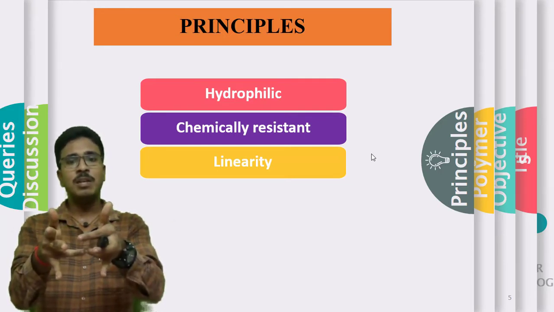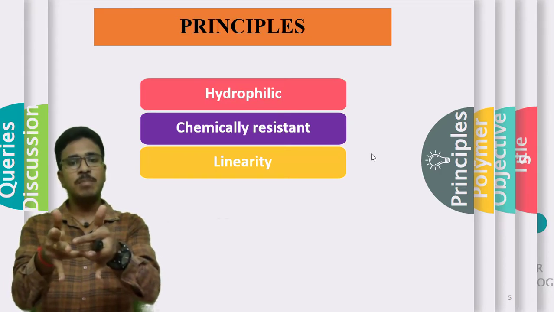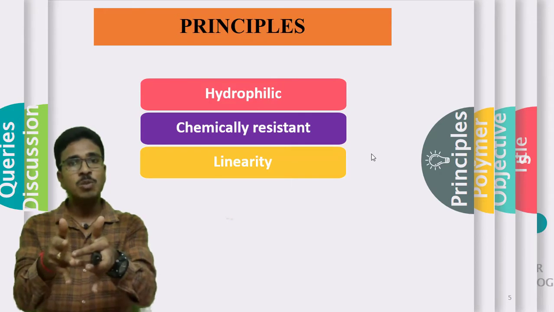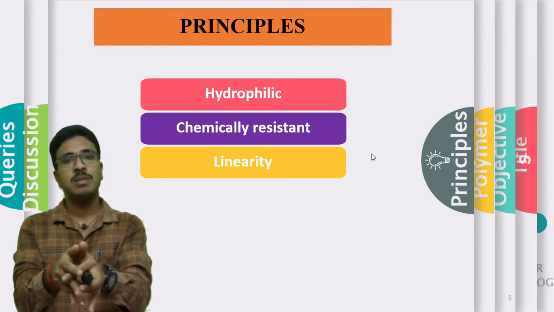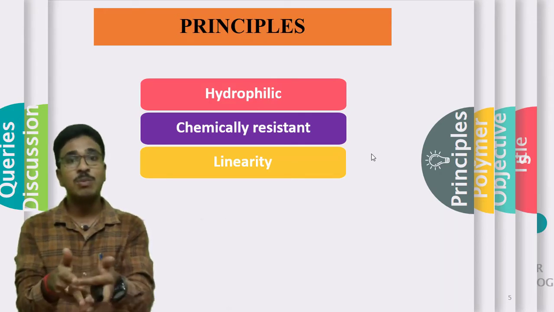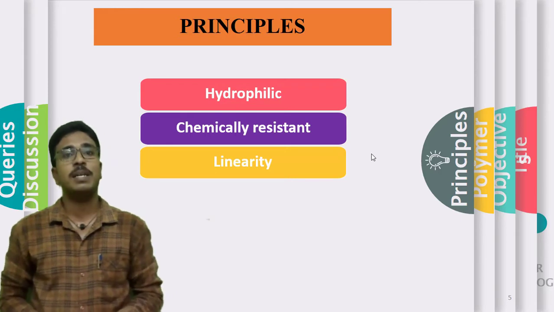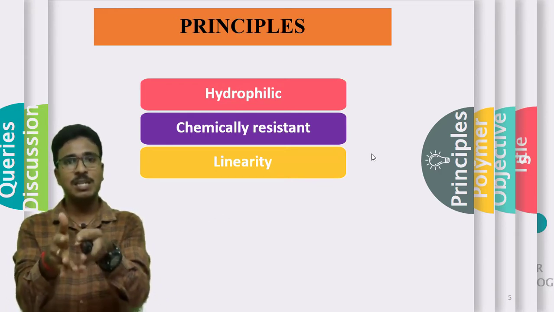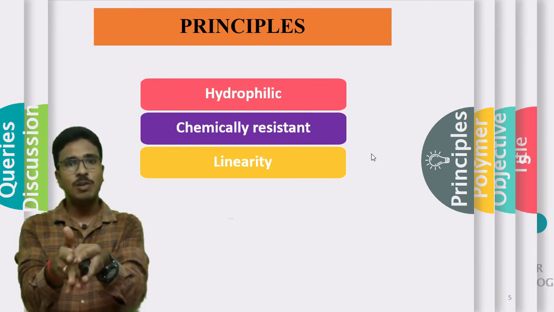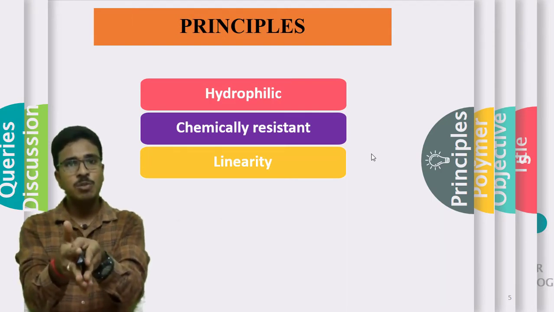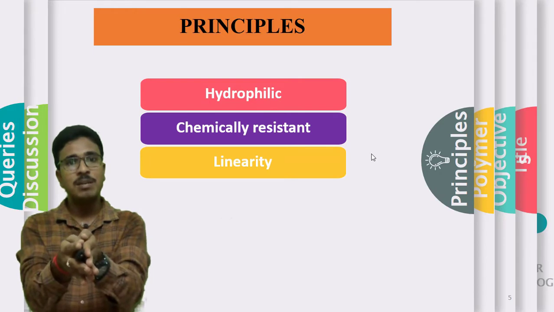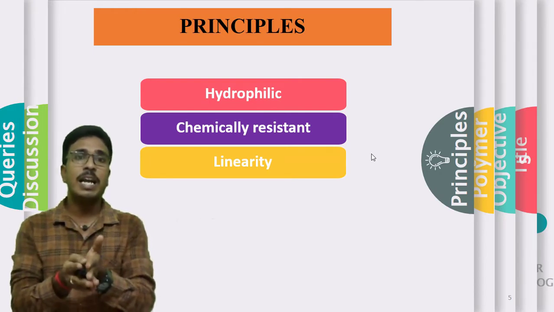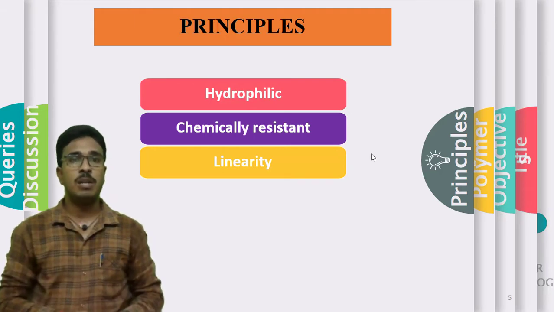Now what will happen when these two molecules come closer? Because of these branches, the two molecules will not be close, so the orientation will not take place properly. Suppose the polymer is linear, obviously what will happen? If you take these two molecules closer, some kind of orientation will take place. This results in a highly compact structure in a polymer.